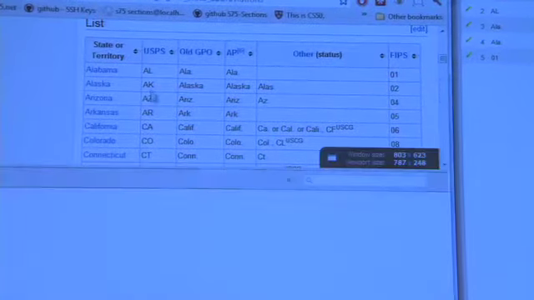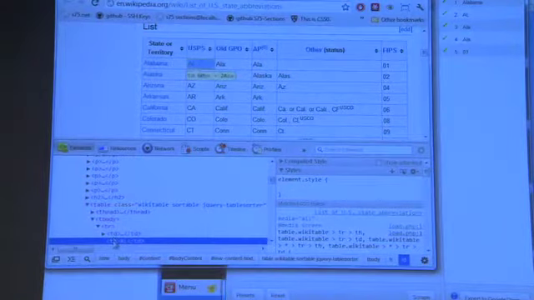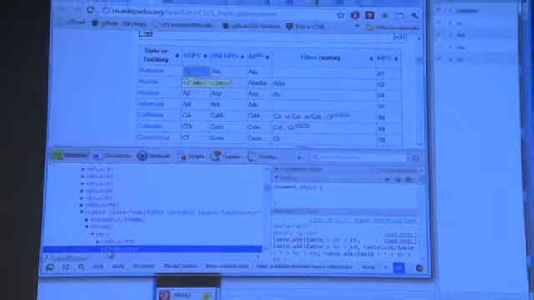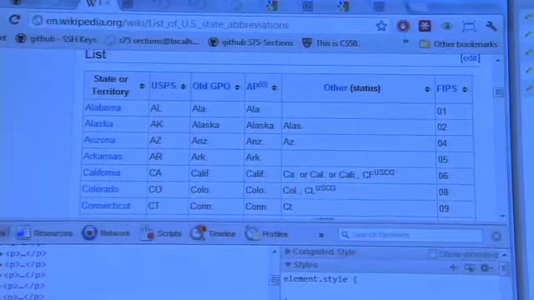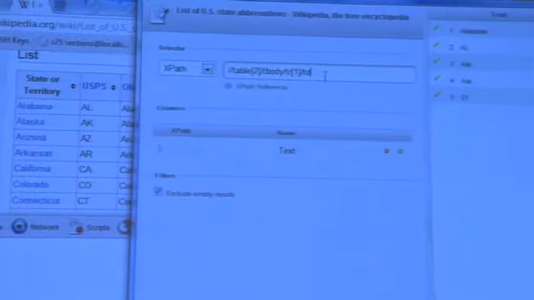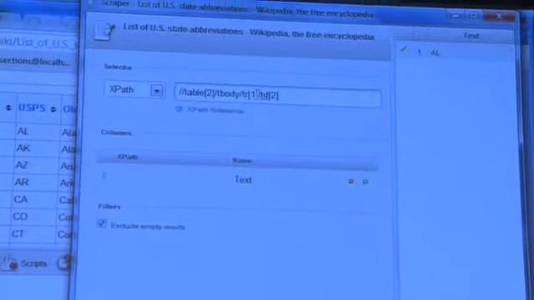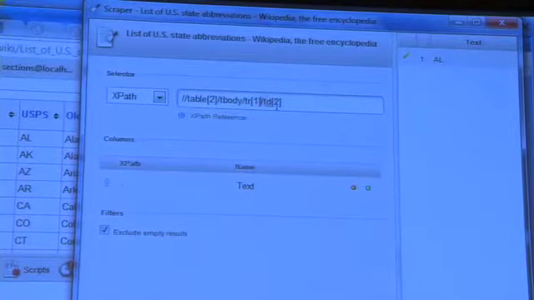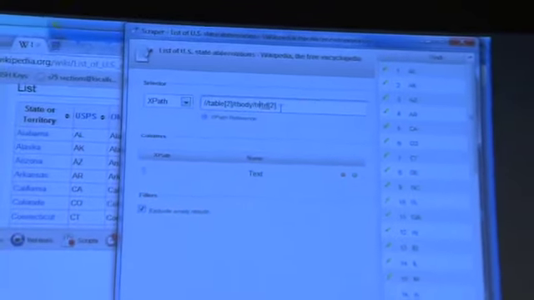But if you press Control-Shift-C and examine the element, you can guess that it's always going to be the second table data element in this table that contains these postal abbreviations. So maybe you could say you want just the second one. And then you realize that it already has a predicate limiting you to the very first table row. So now when you remove that predicate, you get all of the states,